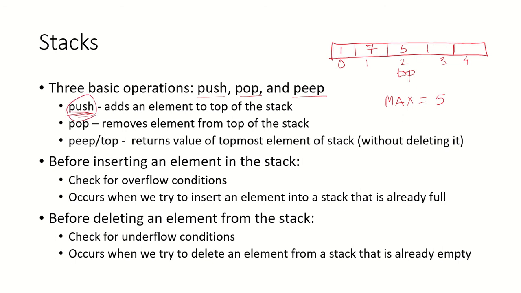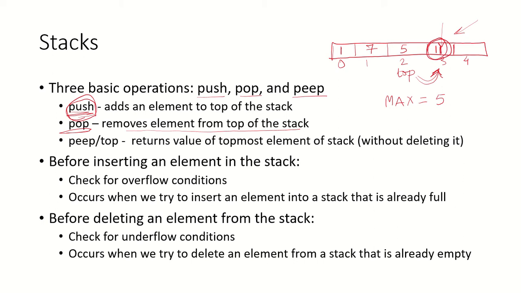So if an element has to be added to the stack, top will be incremented by 1 and a new element will be put over here. Suppose a new data element 11 comes over here. So top has now incremented by 1. Now it is pointing to 3, which is again indicating the top of the stack. What does pop do? It removes an element from the top of the stack. Any addition or deletion will take place from the top of the stack only. So if an element has to be deleted now, only this element at the top of the stack can be deleted.